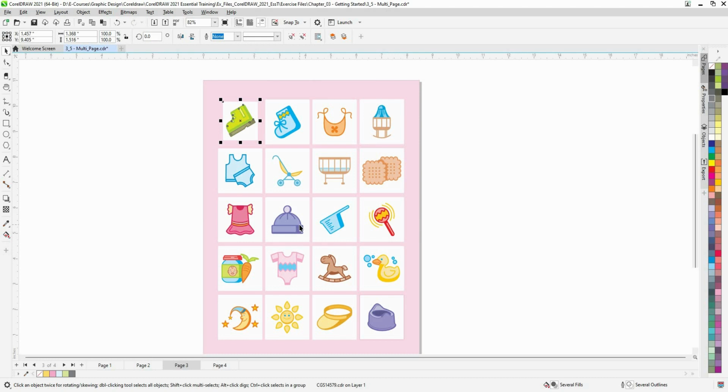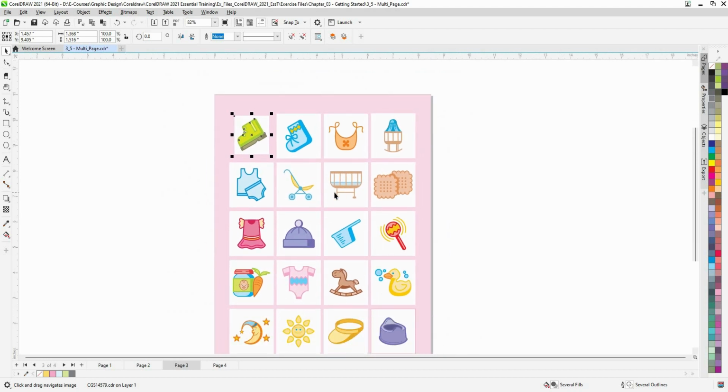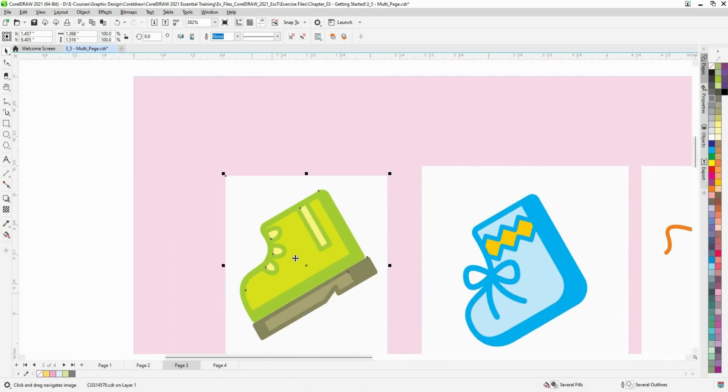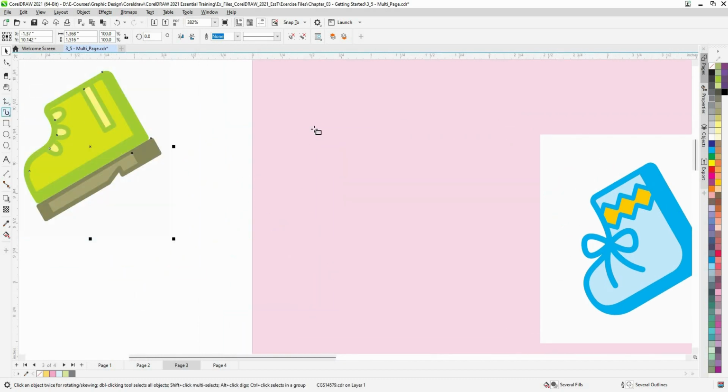Another way to pan the document around is to use the scroll wheel on your mouse. If you push that down, it switches to the pan tool, and you can pan around the document. A nice thing about using this feature is, if I let go of that roller ball, it returns back to whatever tool was previously selected. So for example, I'm going to go in here, move this away. Say I were to draw a rectangle,